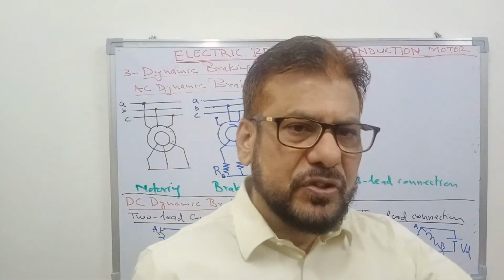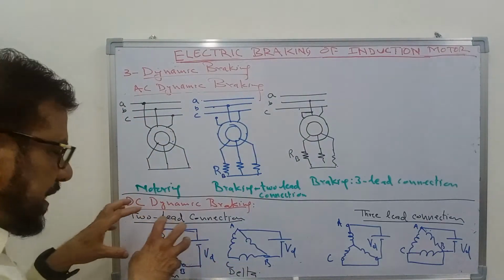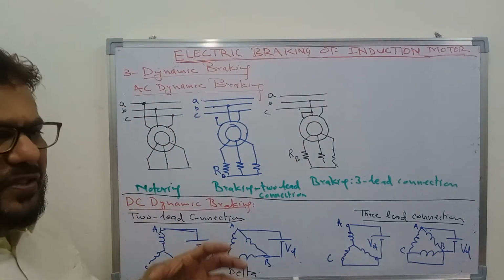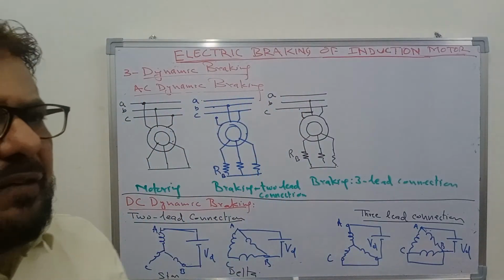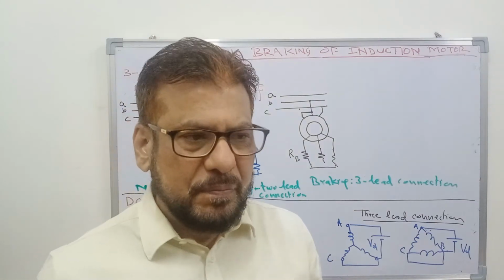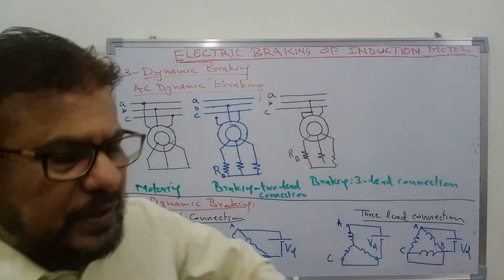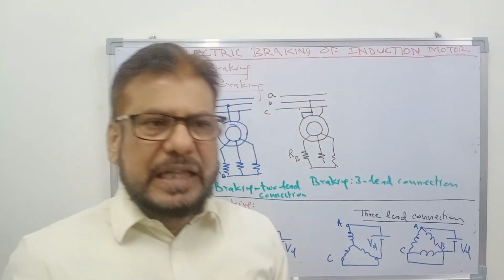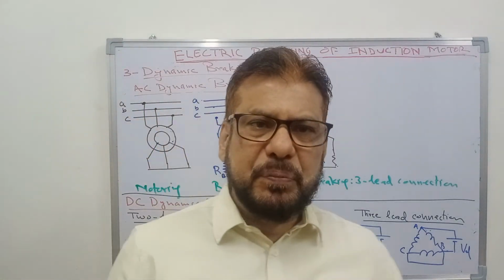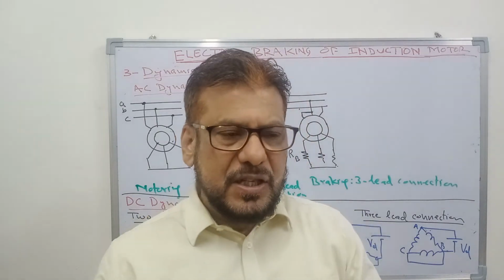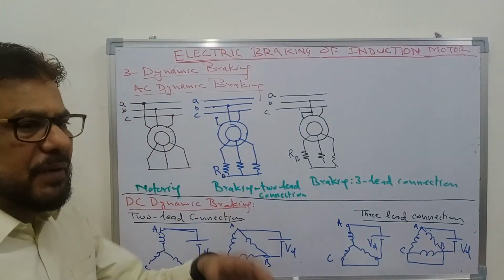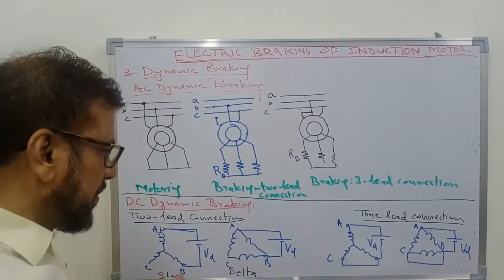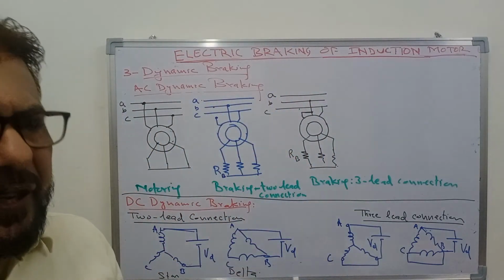So supply is DC and the rotor is rotating. We visualize that the DC supply is producing a stationary magnetic field, and the rotor is rotating in this stationary field. So induced voltage will be there in the rotor winding, that will cause flow of current, and that will produce a torque in the opposite direction. That is the torque that opposes the cause, that is the rotation. So the torque will be generated in the opposite direction, and that will act as a braking torque, and the energy generated will be dissipated in the rotor winding resistance.